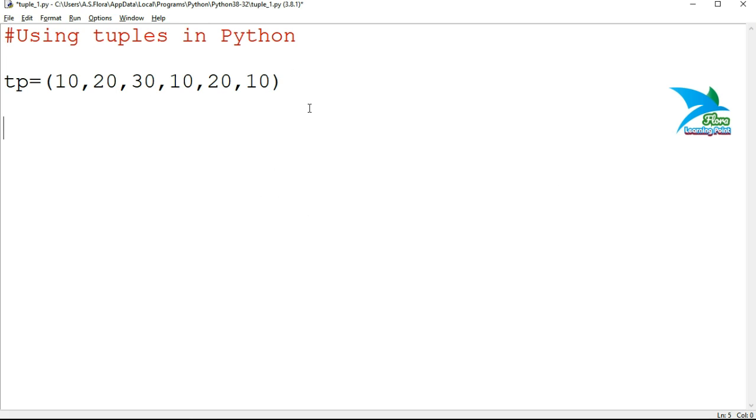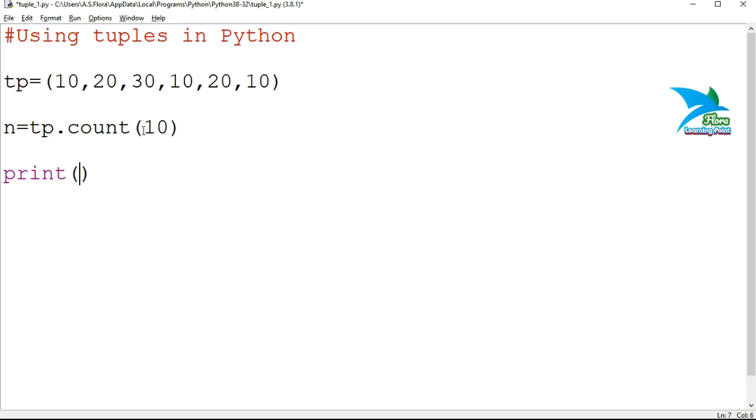So presently I'm having a list of these numeric elements, but you can also make a heterogeneous list also. So I want to specify n is equal to tp dot count. Now I want to count the occurrence of this value 10, how many times 10 occurs inside the list.